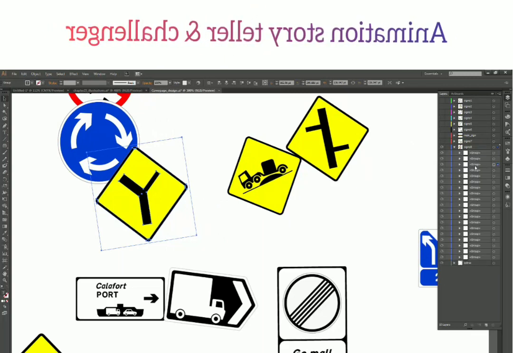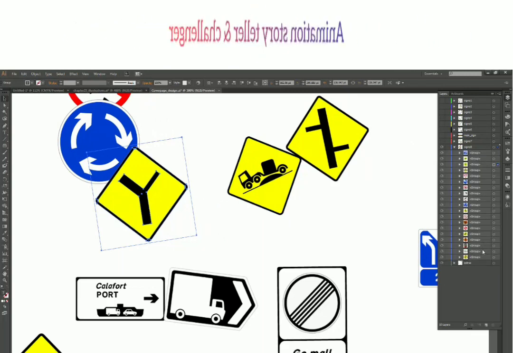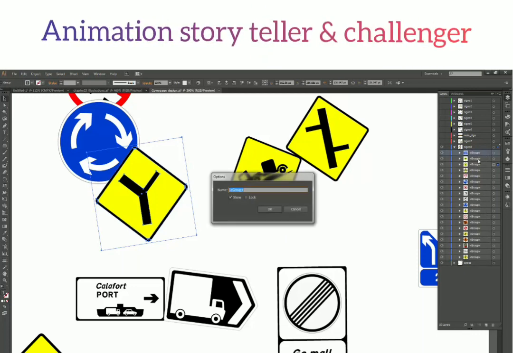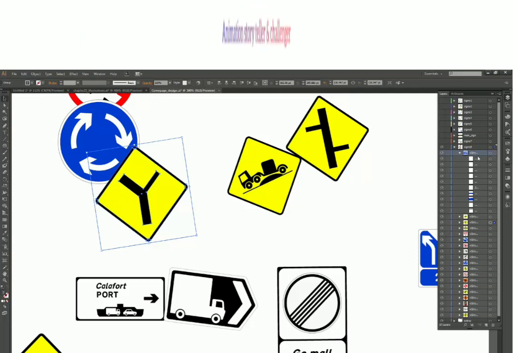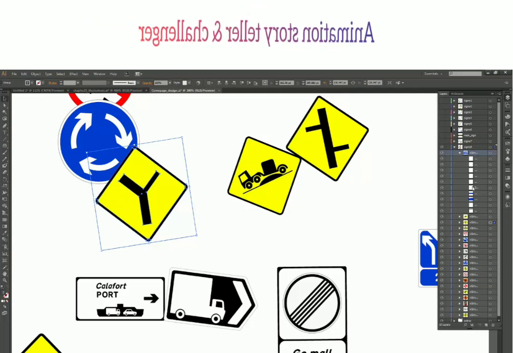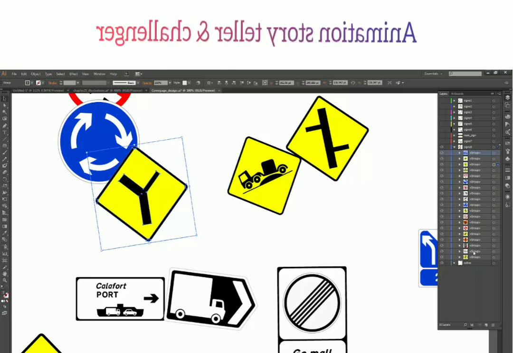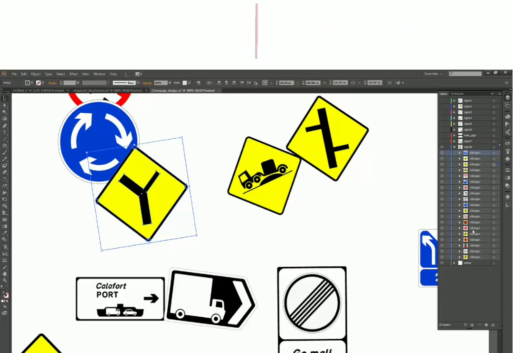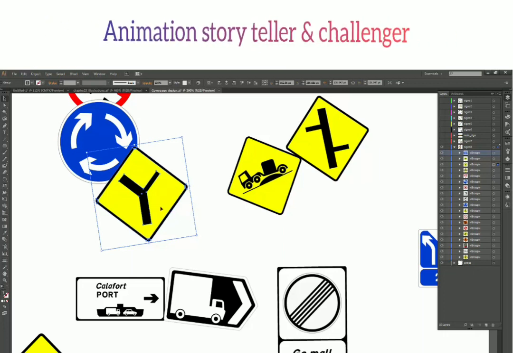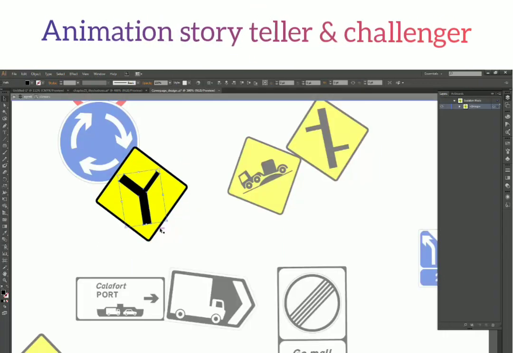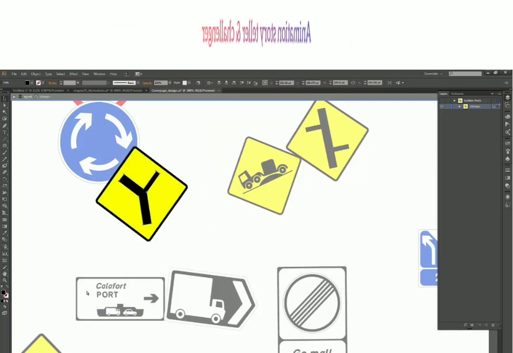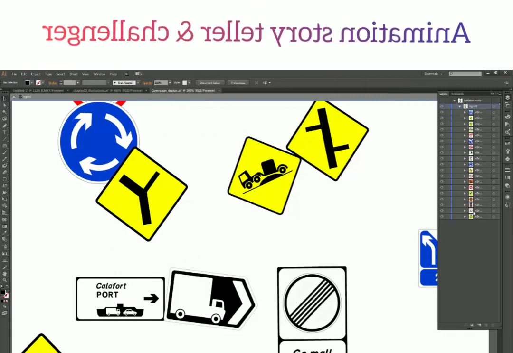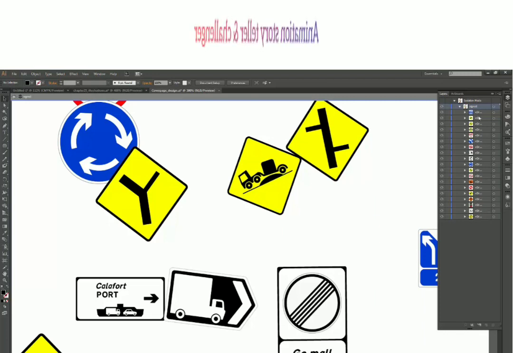So you can open it and close it. This is how you can see what is present in the layer, and if you want to edit it, you can, I think, double click on this one. No, you can actually just click on this arrow again to go into more details about what shapes we have inside this group. These are actually groups. As you can see, the name itself says group, group, group, group, group. So I have grouped all these signs, and when I double click on this, I can go inside the group and change things the way I want. That's why it is showing all these group names here.